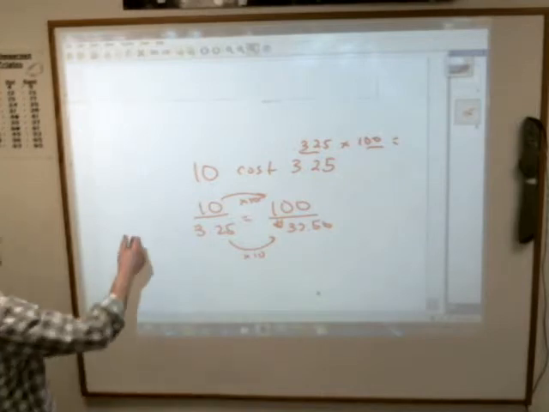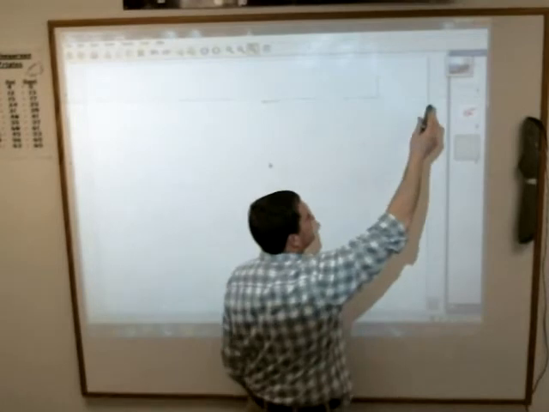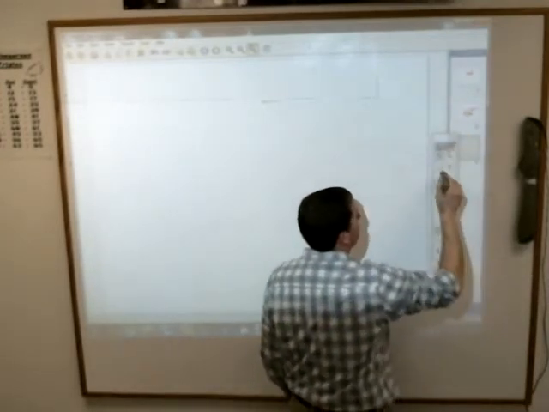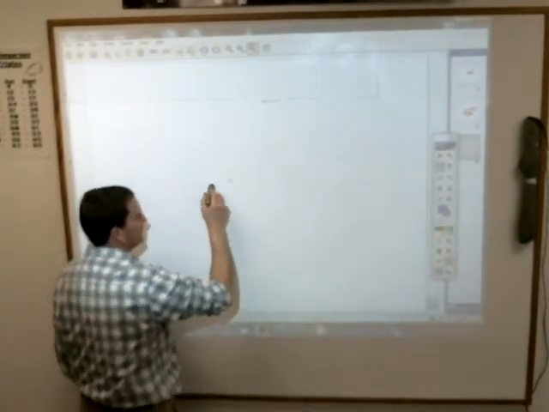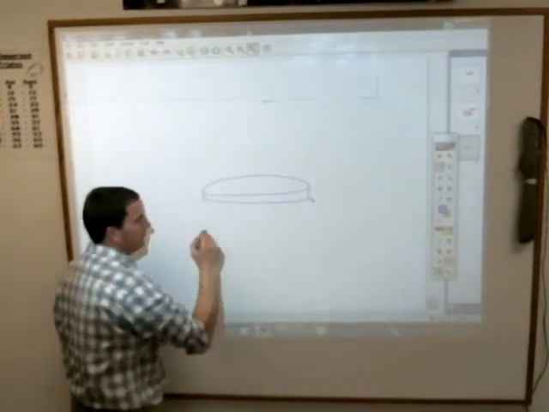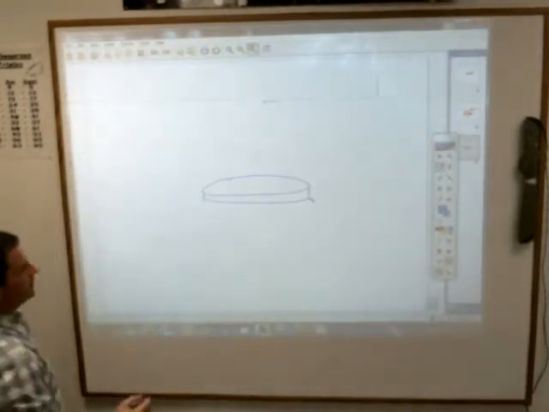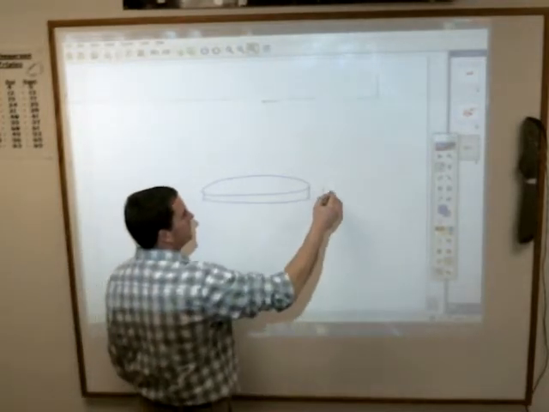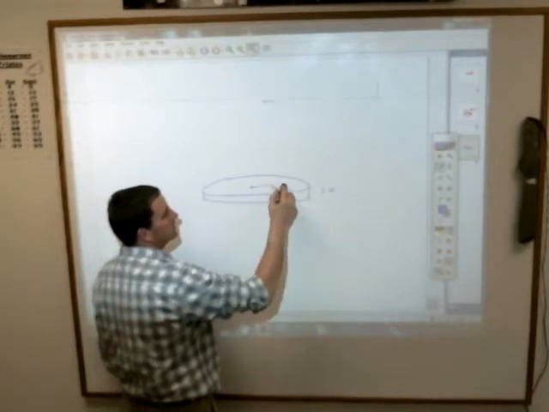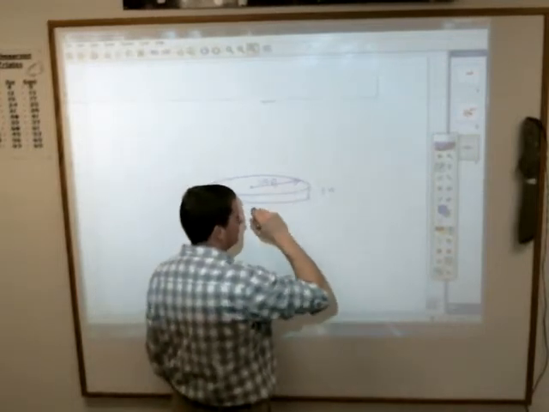I'll start with 20. So Kyle, you drew the circle. Yes, I did a very nice circle. That's a good start. So you've got this cylinder, correct? Is yours as nice as mine or not? I think this is a little nicer. You know that this is 1 meter tall, and the radius it gave you was 10 meters. Then obviously,